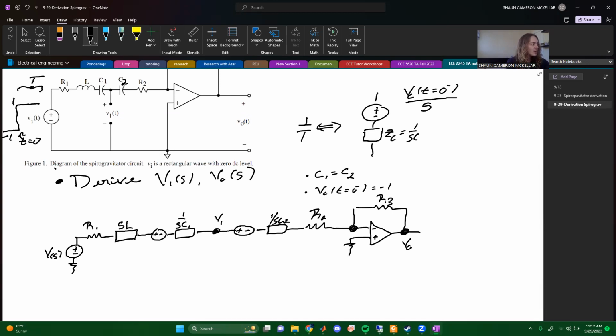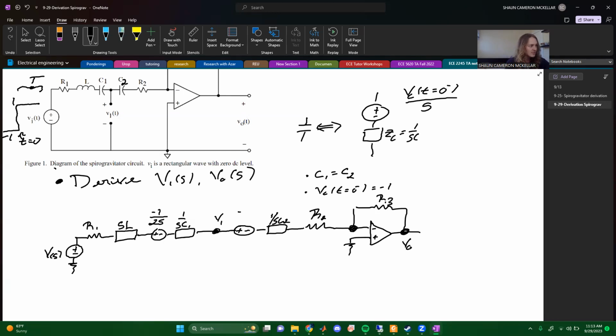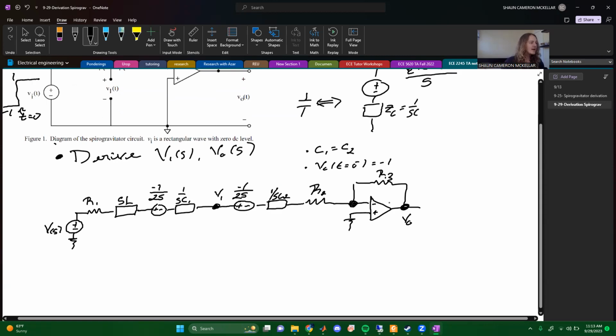We said that the whole capacitor was charged up to -1 volt, and we've separated it in half. So across each of these, we see -1 over 2S, because I separated 1 volt into 2, so there's a 1/2 volt drop across both of these. 1 over 2S, -1 over 2S. Okay, so now